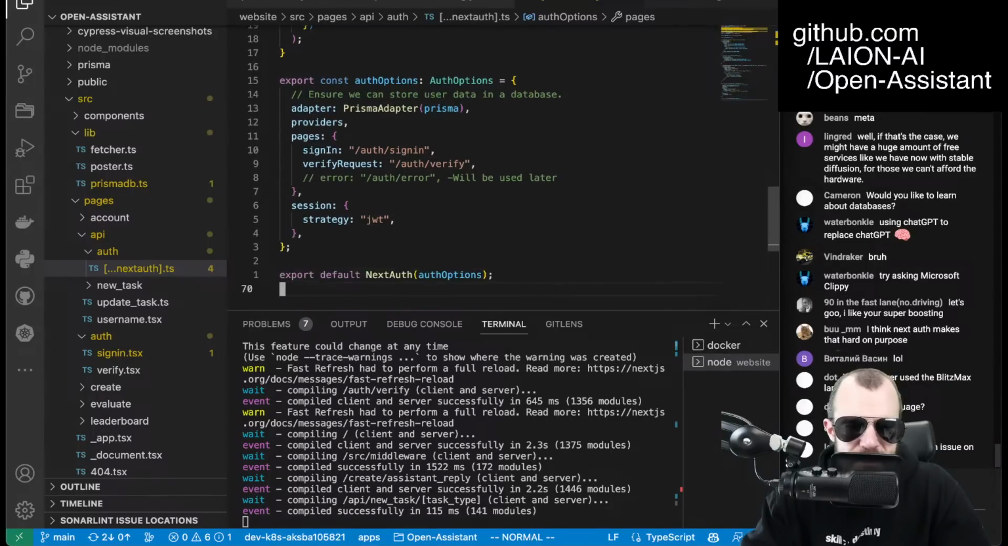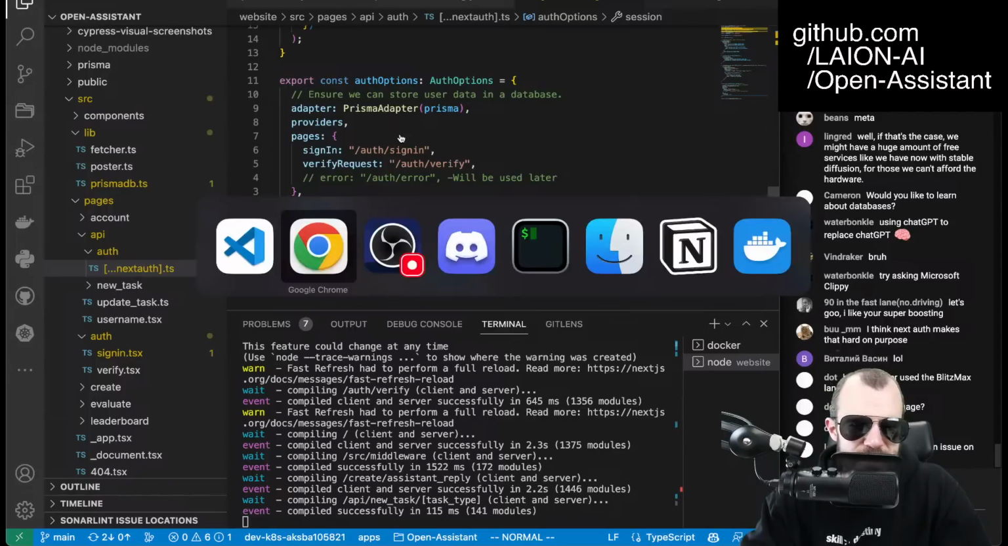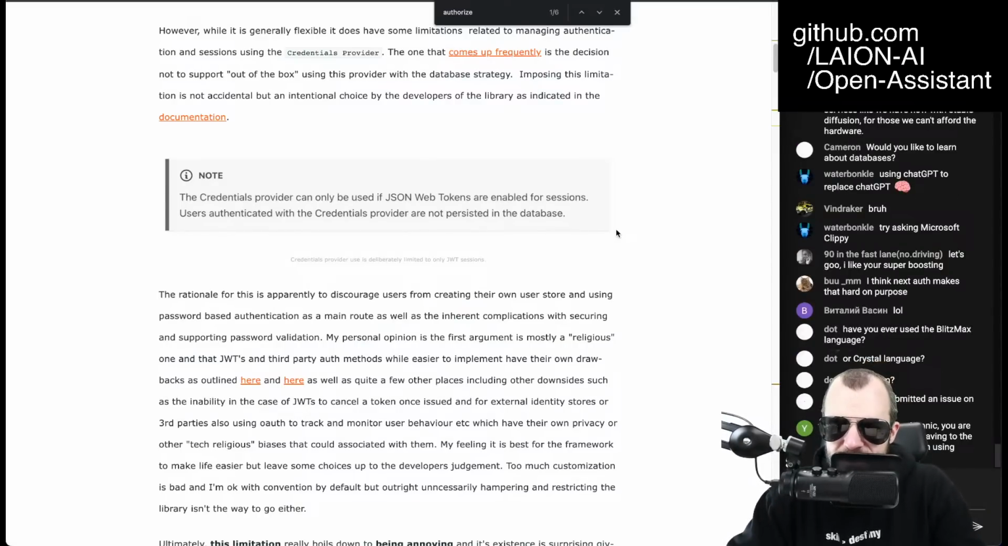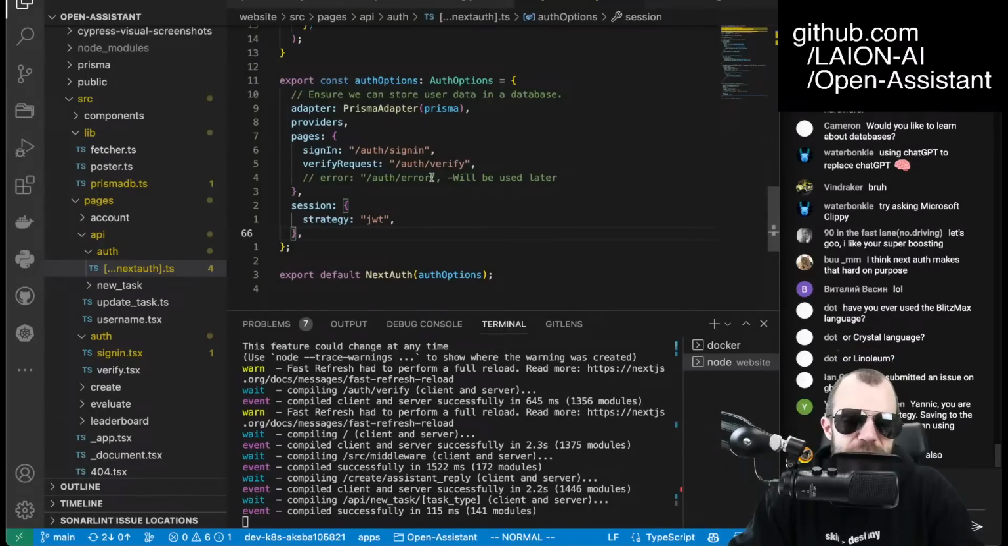Now, why does it not store it into the database? Why? I think NextAuth makes that hard on purpose. Yes, that's what I figured from this blog post. Users authenticated with the credentials provider are not persisted in the database. Okay, let's do it by hand. Yes, we're using sessions. Yeah, but the credentials provider can only be used if JSON web tokens are enabled. So,